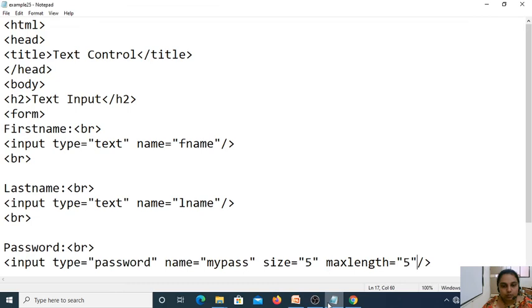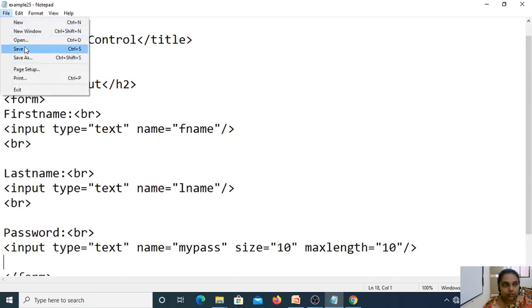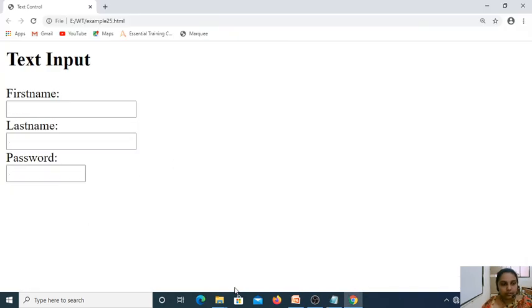I will show you one small change over here. What is going to happen if I keep it as text? And I change the size to now 10. So observe the changes. I have changed the input type as text and size to 10. I refresh it. This is fine. 1, 2, 3, 4, 5, 6, 7, 8, 9, 10. See, I am trying to enter apart from 10, it is not entering.